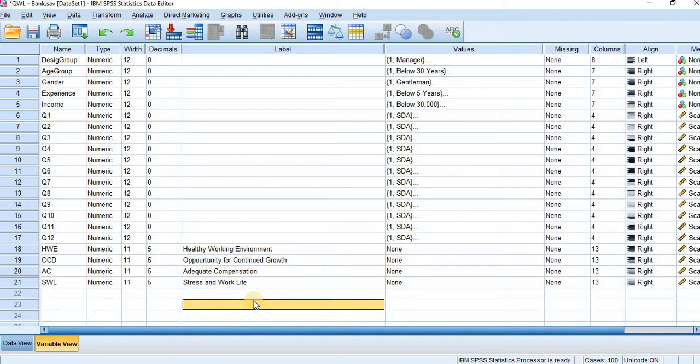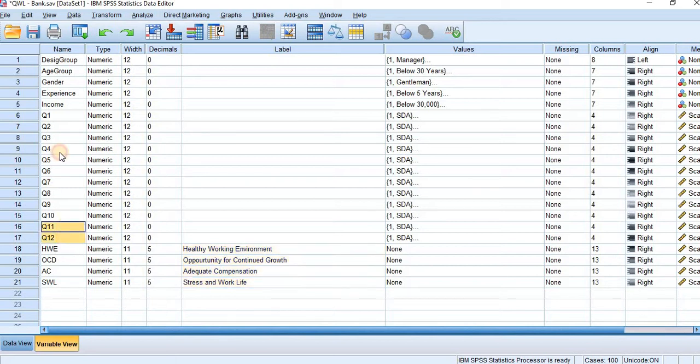For multiple regression, we need both independent variables and a dependent variable. These 4 factors are considered to be independent variables. We have to have the dependent variable, which is nothing but the overall total score of quality work life.